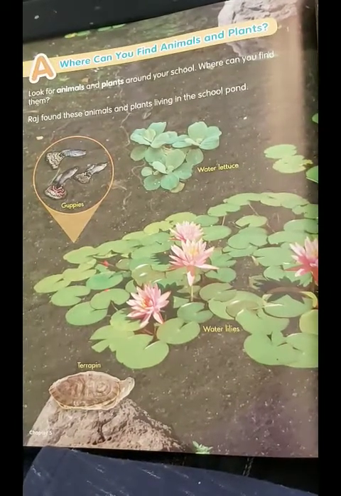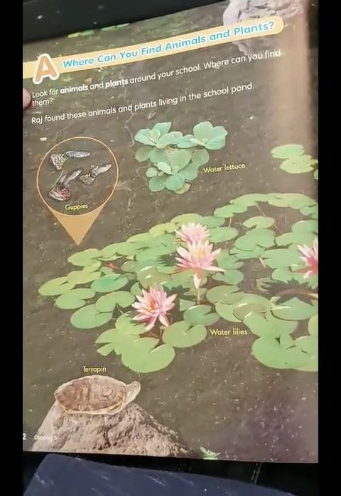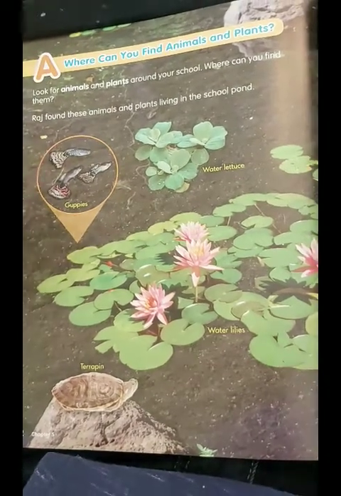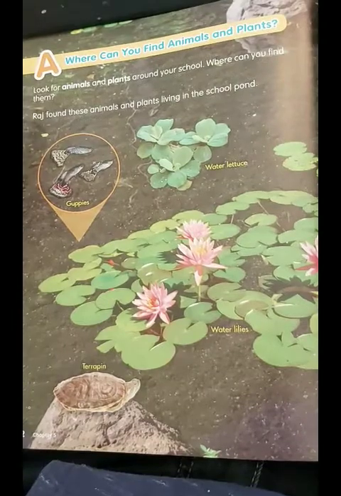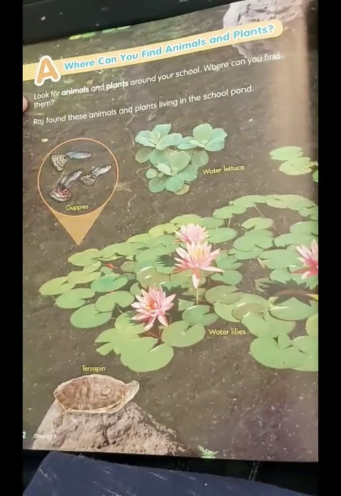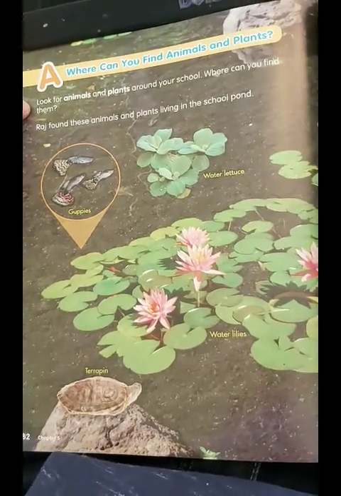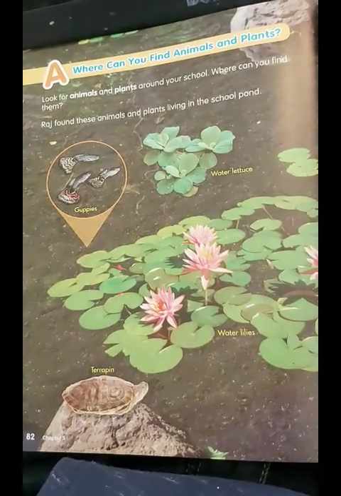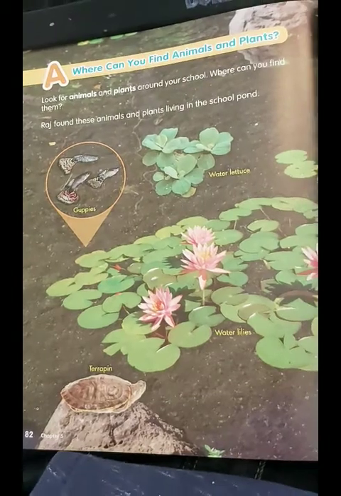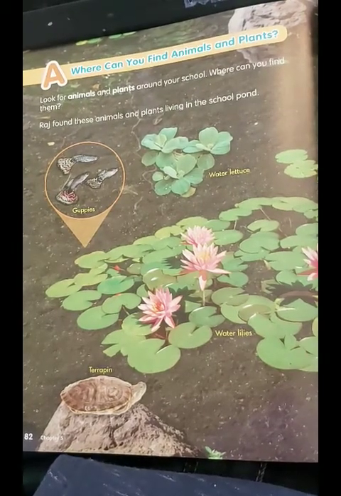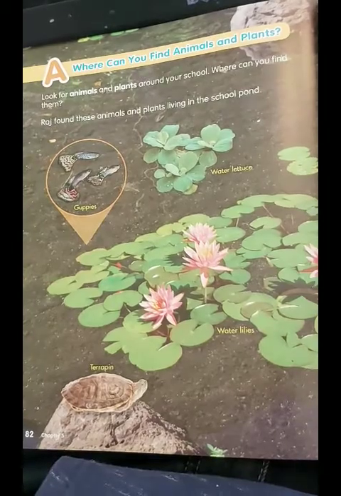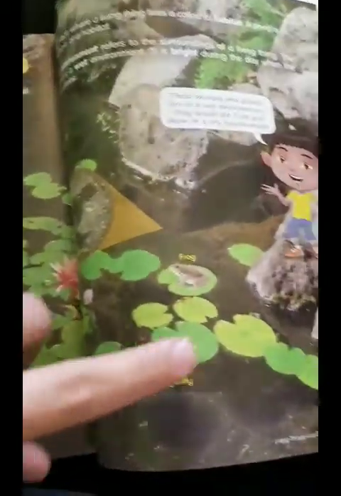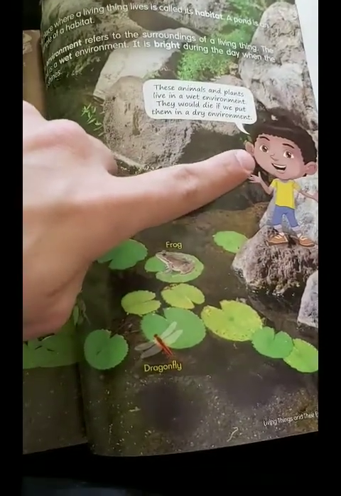So it's saying here, look for animals and plants. It's first saying, where can you find animals and plants? I think everywhere you find animals and plants. It's saying, look for animals and plants around your school. Where can you find them? At our school, the only plants we have are trees, and animals, maybe some birds, maybe some insects. I'm not sure. I didn't see insects before, but maybe you did. Anyway, this boy here, Raj,